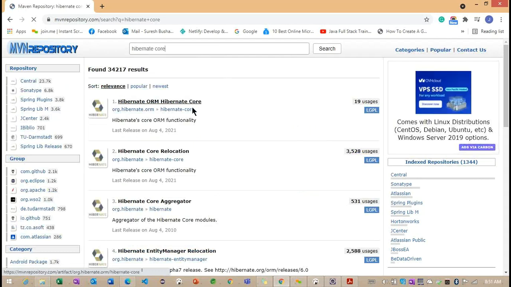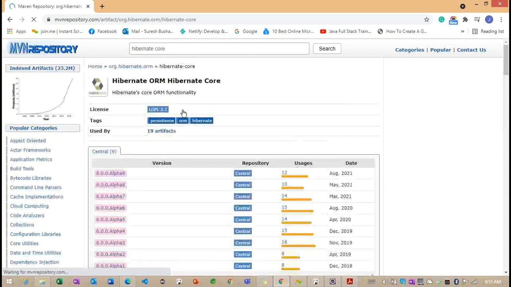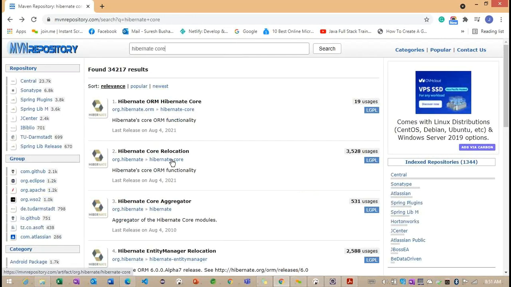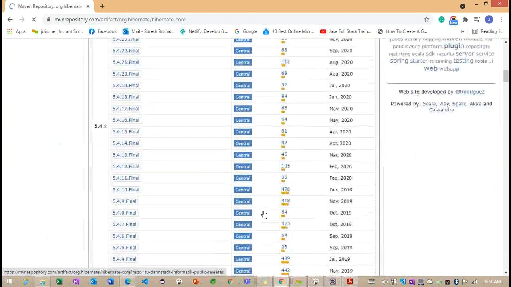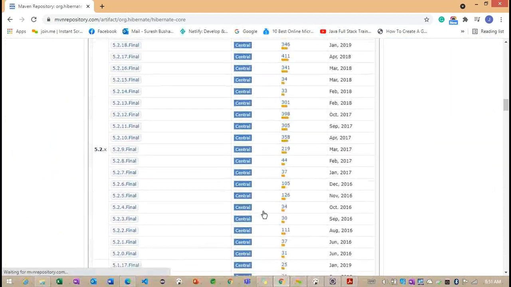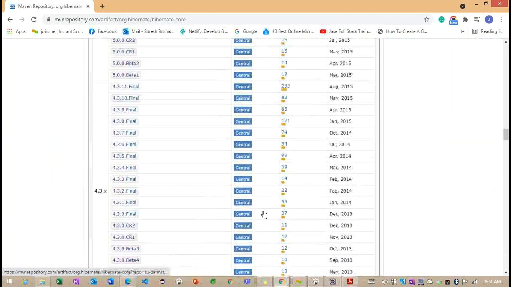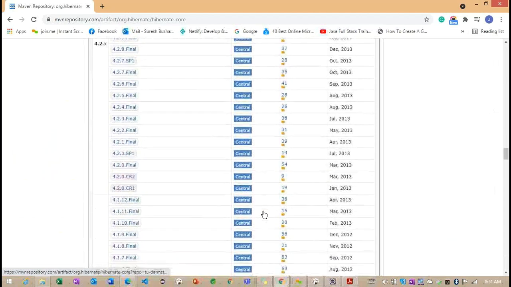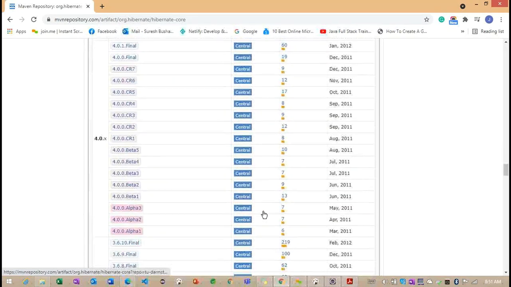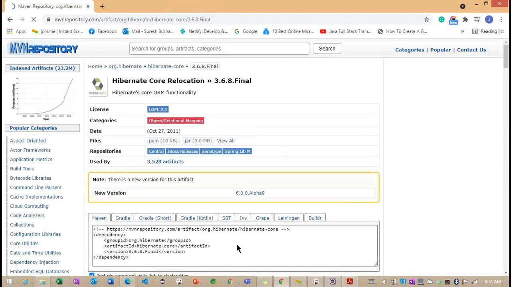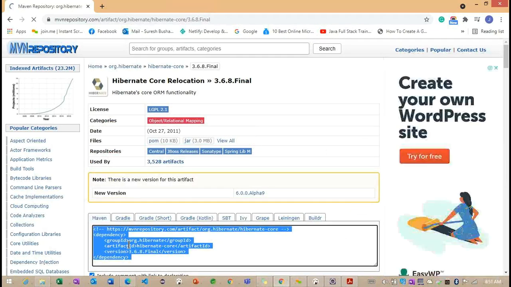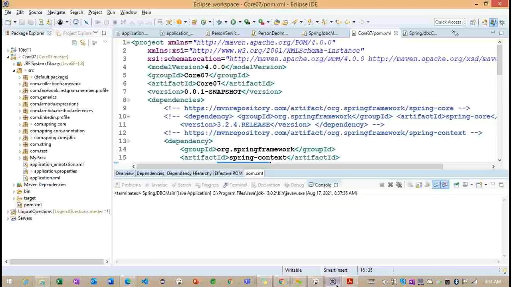Hibernate core is enough to work on our example here. We'll try to work on the version 3 related jars here. We can select any random one. I'm trying to use the 3.6.8 jar.